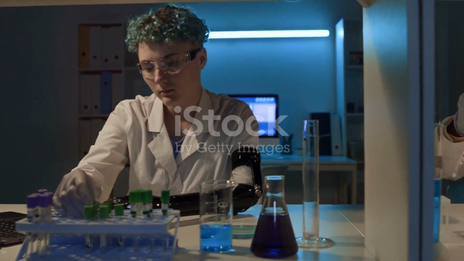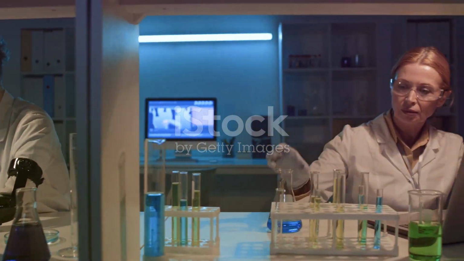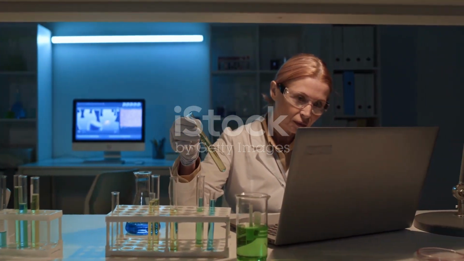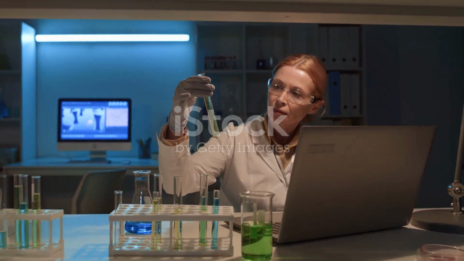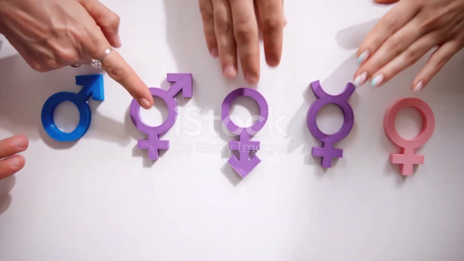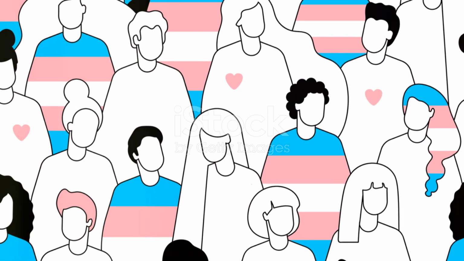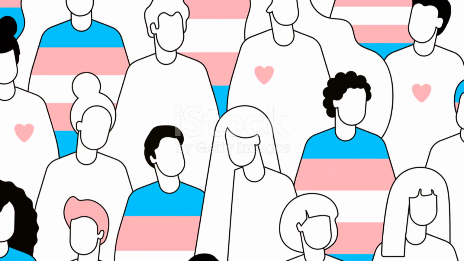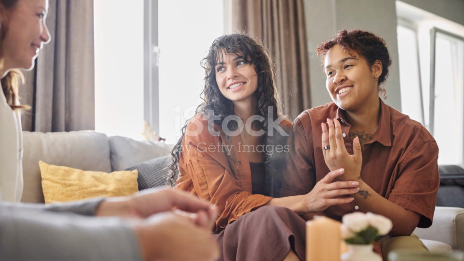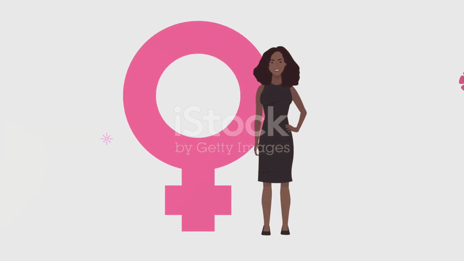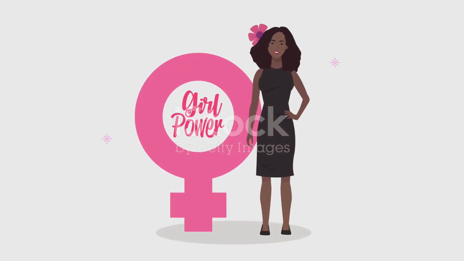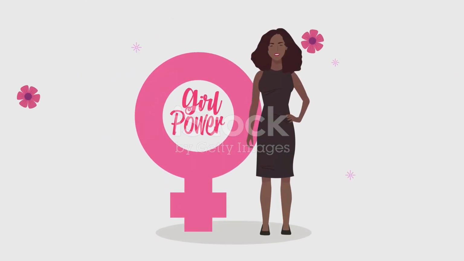As we've seen, the biology of sex and gender is far more complex than once thought. It's a spectrum, not a binary. This complexity is reflected in the diversity of human experiences and identities. Recognizing this complexity is crucial for creating a more just and inclusive society. It's not just about scientific accuracy, it's about respecting and valuing all individuals.